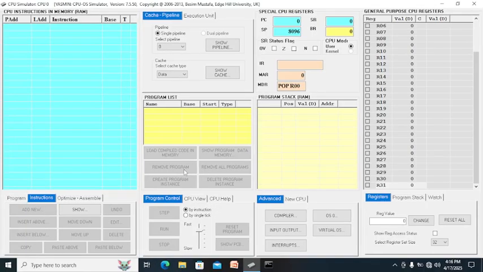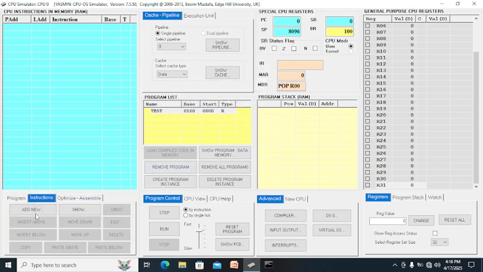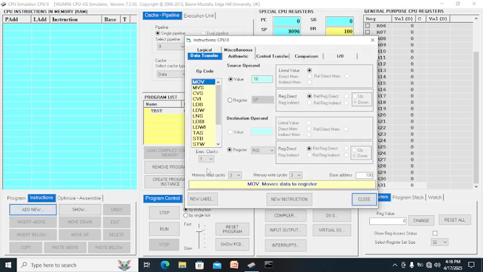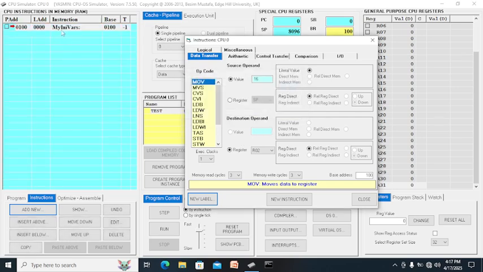First, the hardest part is adding a label. So you can type this one here, and this is the program. Then add an instruction here, add new. How to add a label? Ask your tutor. So this is the new label here. Then you can type here my initialized variable, my inivars. Instead of label 2, we just put my initialized variable: a is equal to 1, b is equal to 2.